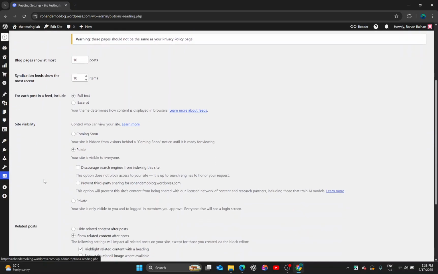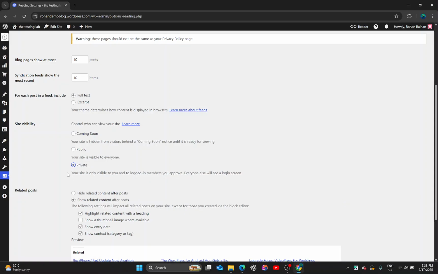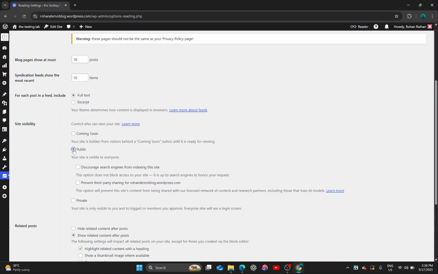And simply we are going to scroll down and we are looking for the site visibility option over here. As you can see, many of you guys have the option private. If you want it to be public, just simply click on public, and that's how your website will be live and everyone can see it. Like every other person on the internet can see your website after you have enabled the public option